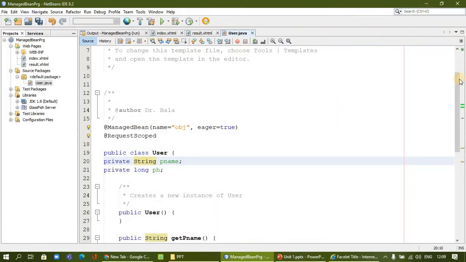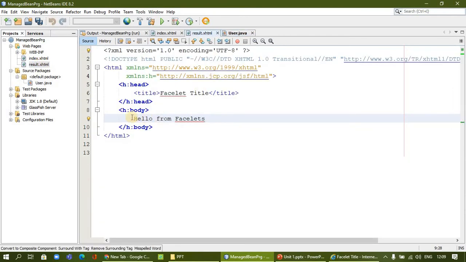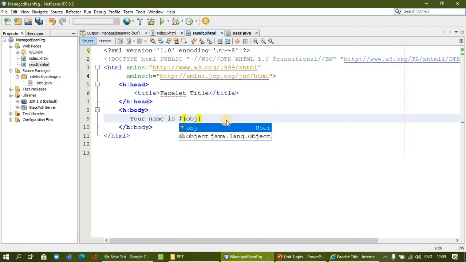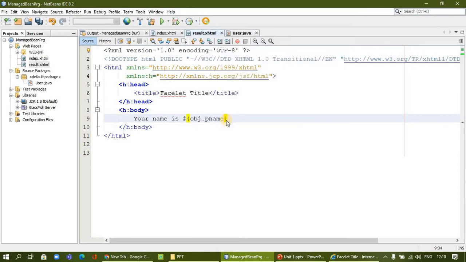So how does request scope show the value? I have a result page here. Once the button is pressed, I want to show my value in the result page. For example, I will say, your name is, and I will call it again through expression language, which is the only way we can access the object. So object dot name.